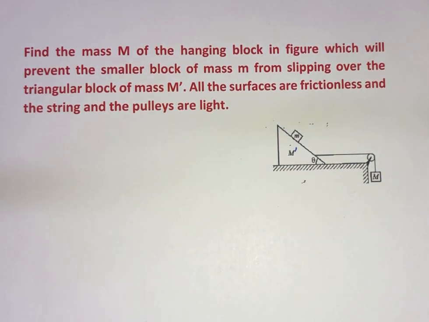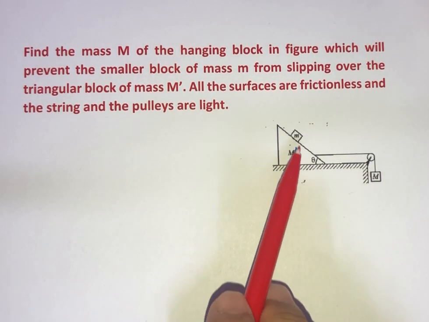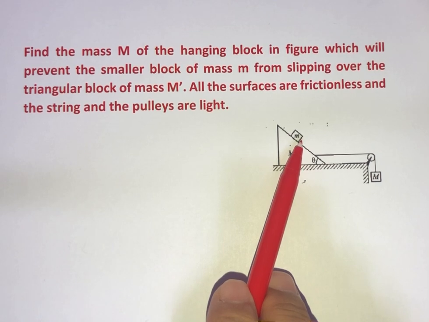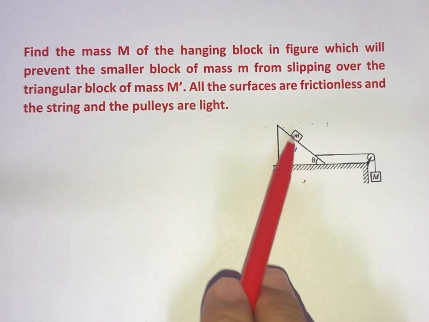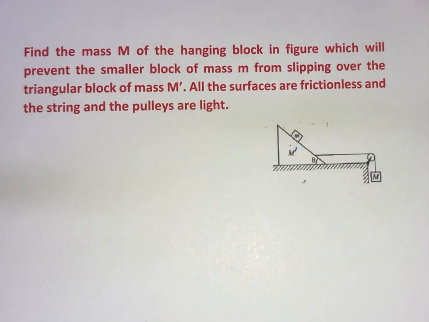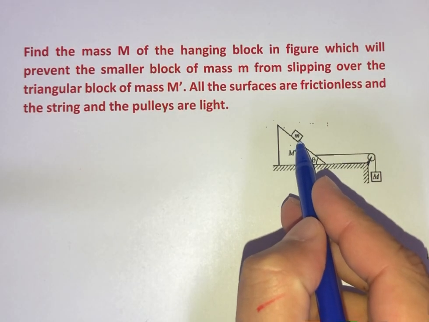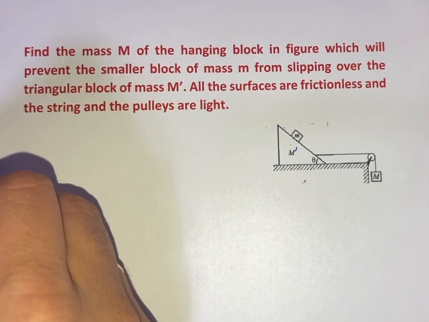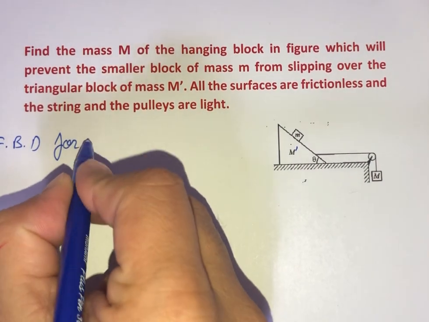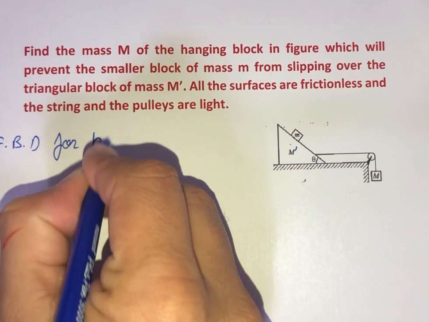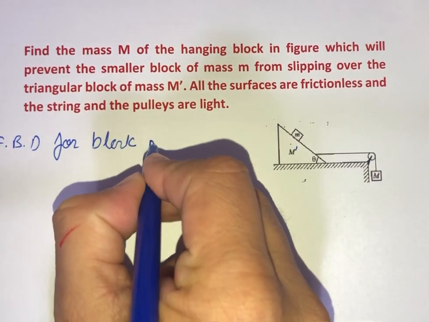So for this small block of mass m, if it's supposed not to be slipping, then there should be some balance of the force which should prevent it from slipping. So in this case, if you draw the free body diagram for this mass m, free body diagram for block m,